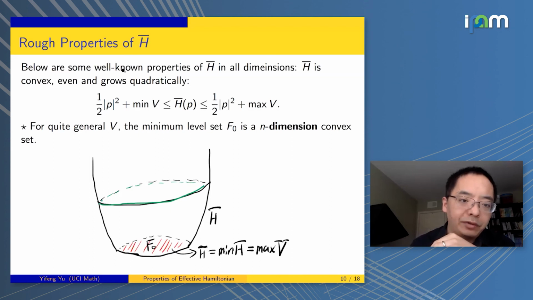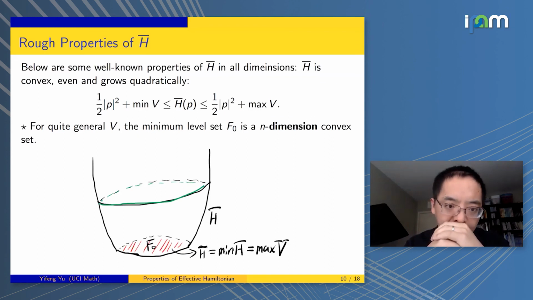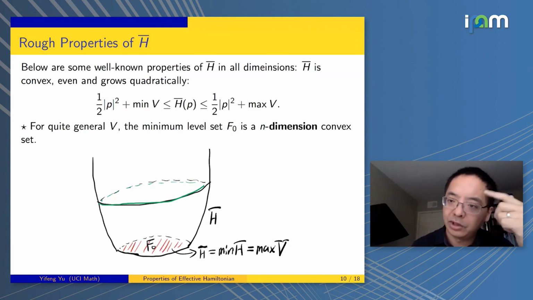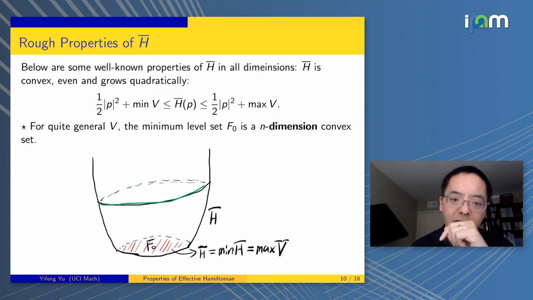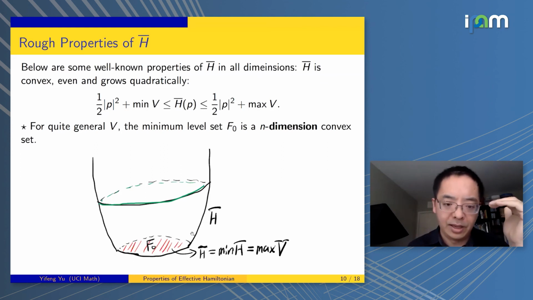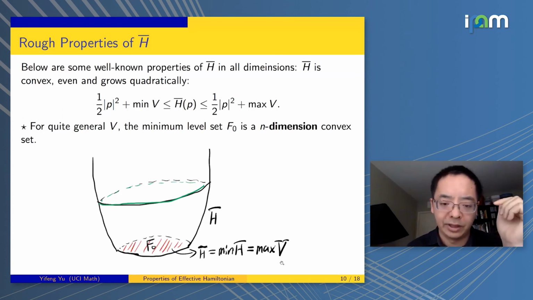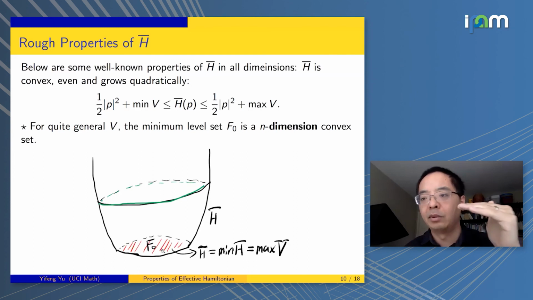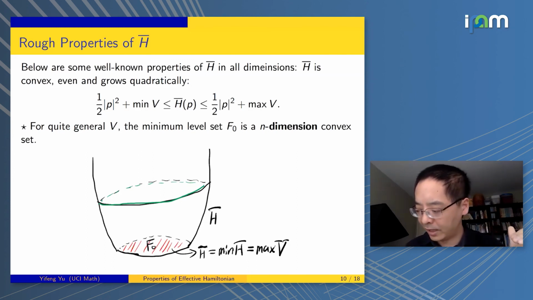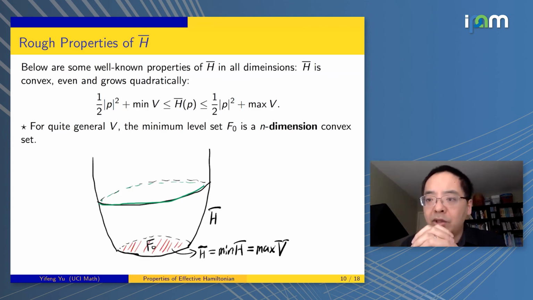So for the convex case, on this larger scale and for any dimension, a very interesting thing, which is different from the original Hamiltonian and kind of surprising, is the appearance of the flat part. The original Hamiltonian is 1/2 p squared, so that's strongly convex. But after you homogenize it, for quite a general class of potential functions V, you will find a flat part at the minimum level, in n dimensions. It's a flat piece, right? But anyway, the point is that on the larger scale, if you look at a convex